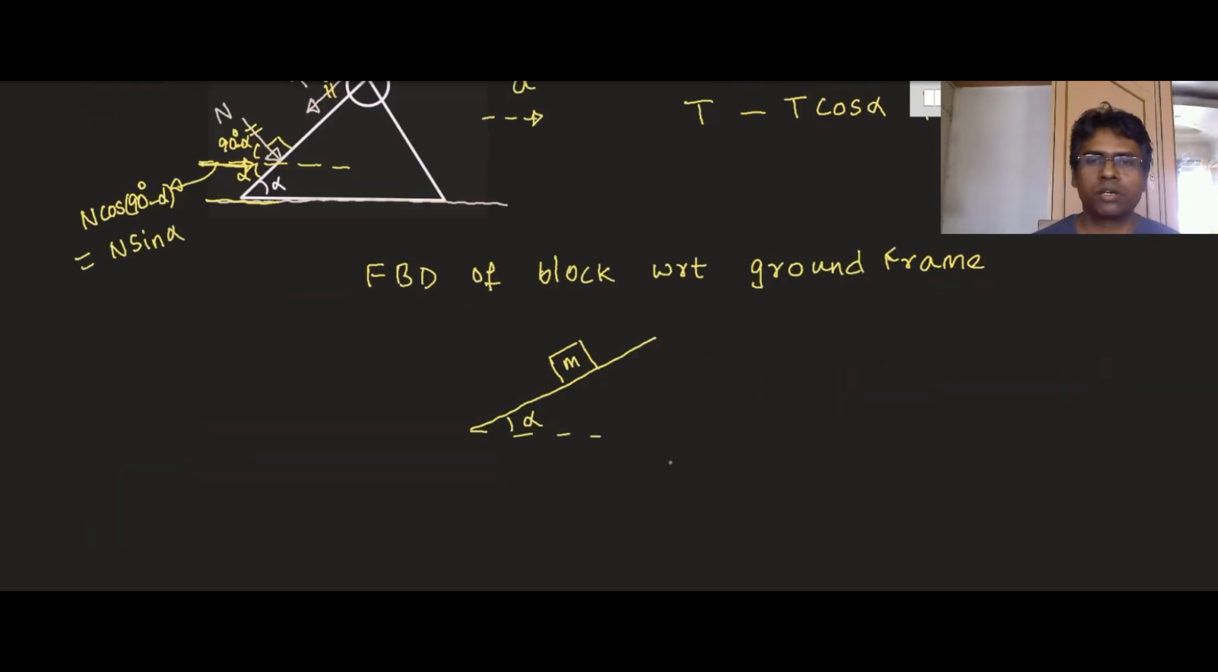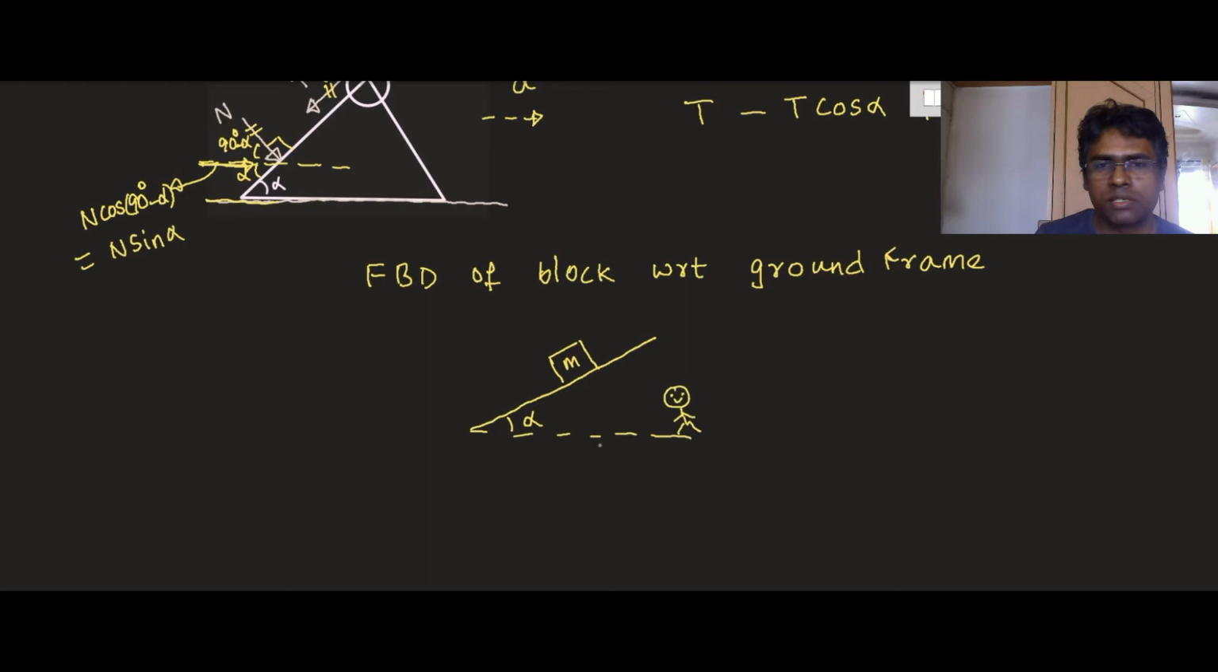Okay, so here I'm now drawing the free body diagram of the block. I have two options here. Either I can work with a ground frame or the wedge frame. First I'm going to go with the ground frame. If a person standing on the ground is trying to analyze the motion of the block, okay, so